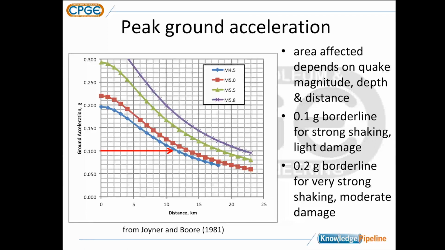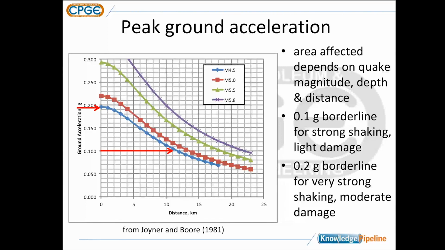So the area affected by an earthquake, as you can see in my top bullet here, depends on the magnitude of the earthquake, the depth of the earthquake, and the distance that structures are from the earthquake. Earthquakes downtown in Basel, Switzerland would upset people very greatly because they're sitting right on top of it. If one of these earthquakes occurred out in the middle of nowhere in the countryside, it wouldn't be noticed much. The other thing that affects shaking, which I haven't included in this slide, is what the rock or the soil is like in an area. Hard rock country would work differently than an area where the soil is very thick.